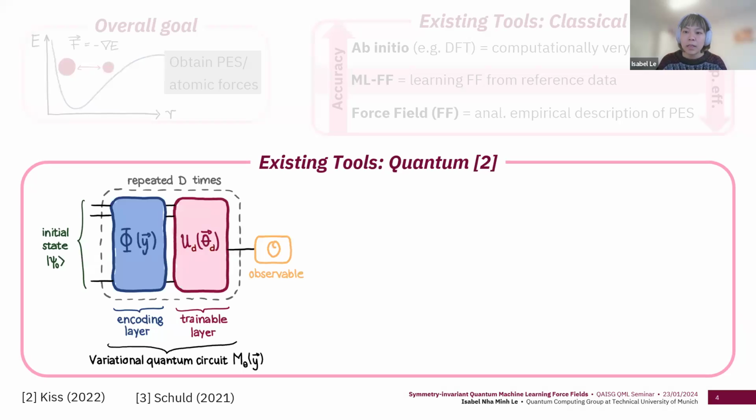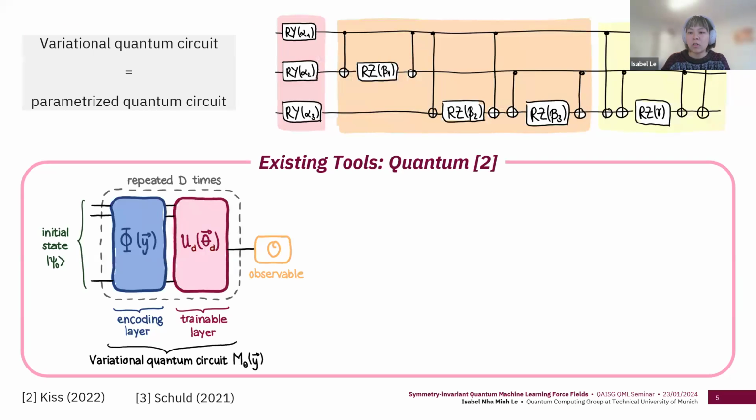And this idea of employing machine learning methods for the task of learning force fields has previously been transferred by my colleagues to the quantum realm. Specifically, they have designed quantum neural networks to learn these forces. And I think you all know, since you do quantum machine learning, what I mean by that. But with that quantum neural network, I just mean a variational quantum circuit that kind of looks like what I've depicted here in the upper part.